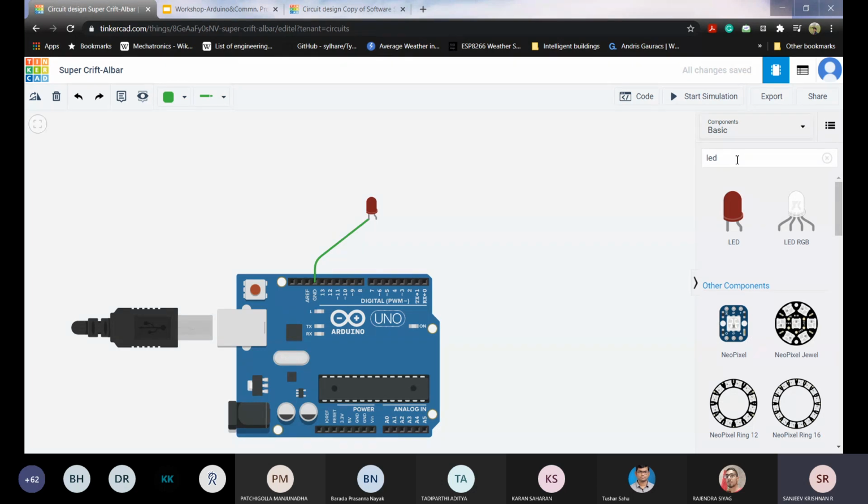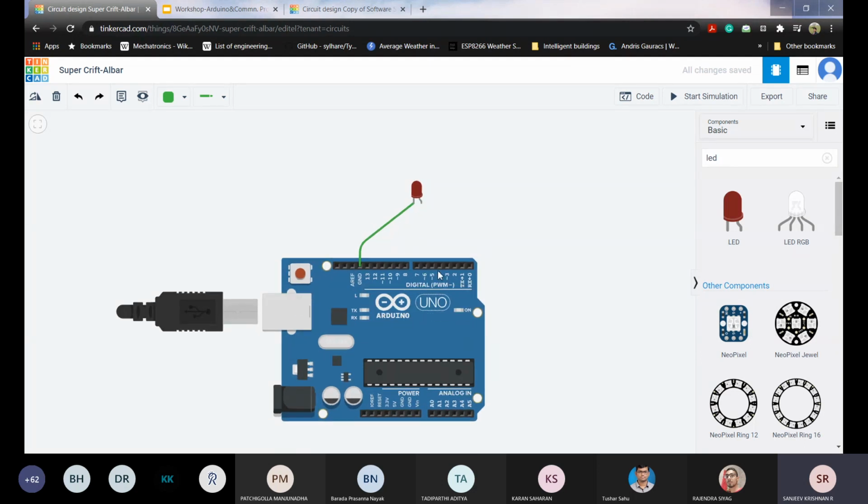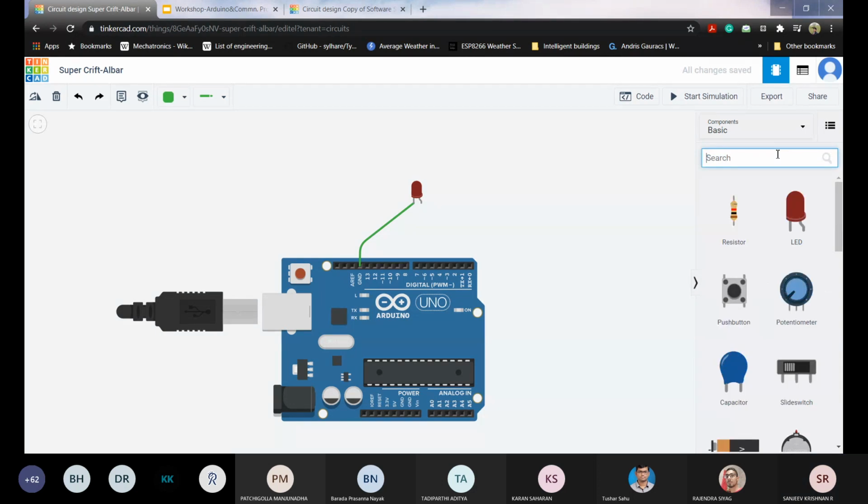Then only it can read. It has to be in the range of 5 volts. Similarly, the LEDs cannot take the voltage given out by the Arduino, so it is reduced using a resistor.